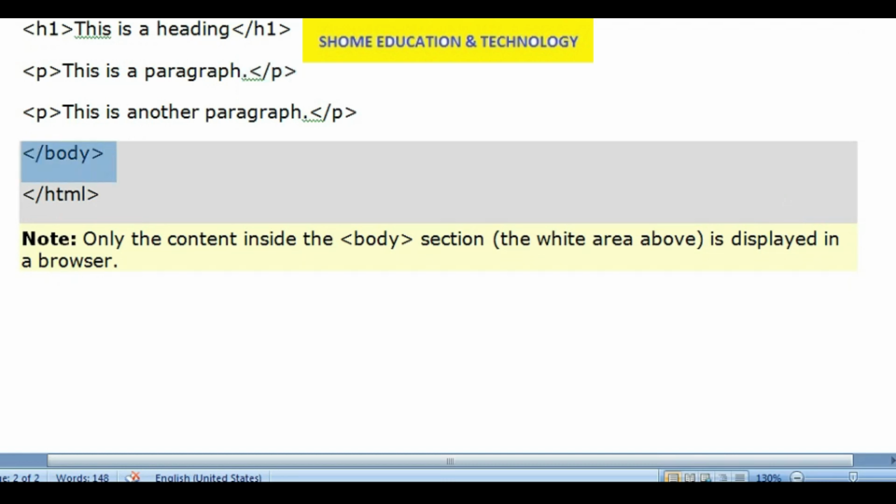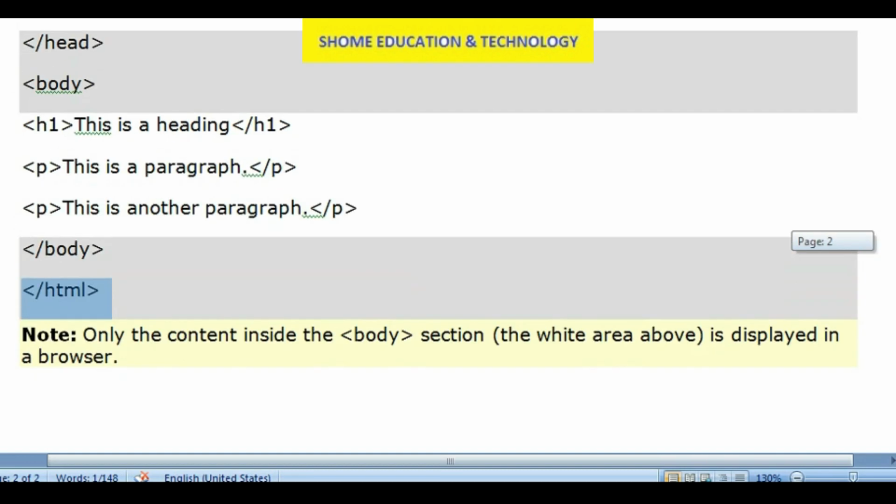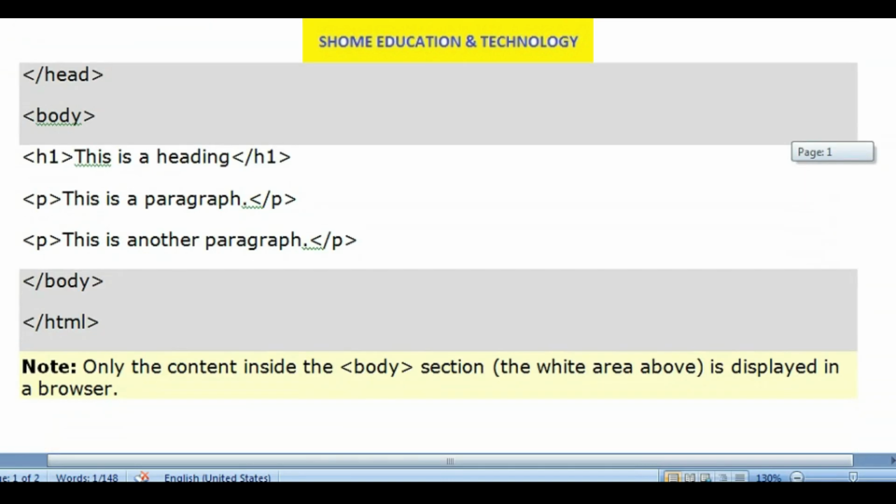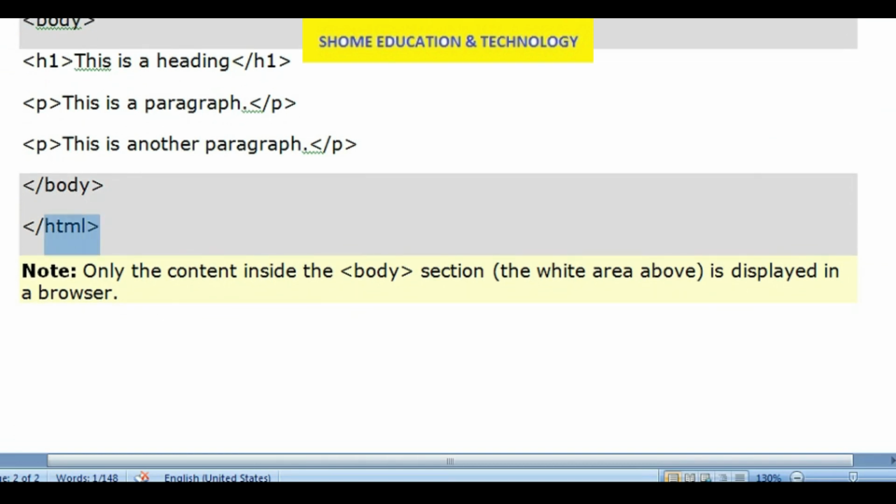At last we have to close the body tag. This is the end body tag and this is the end HTML tag. We always start our HTML with the HTML tag and the end should be with the end HTML tag.